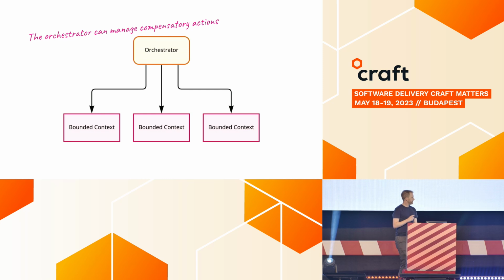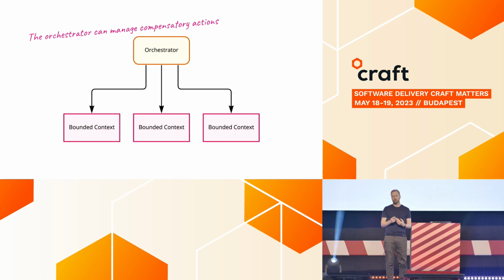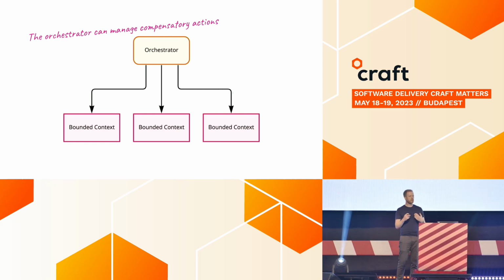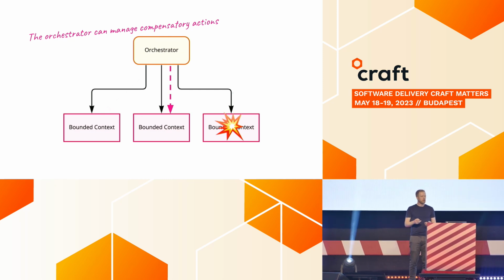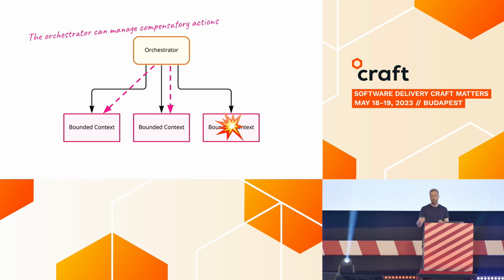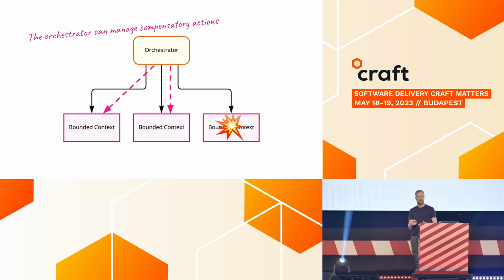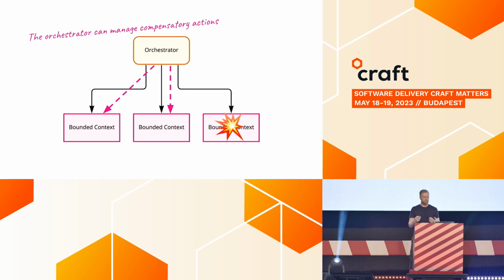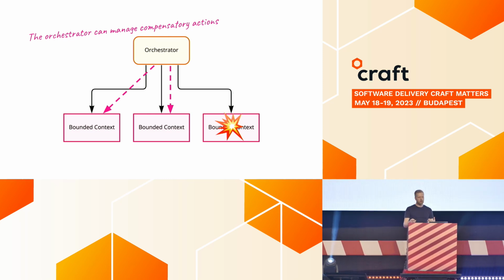If we go back to the original example, one of the nice things that an orchestration approach gives you is that if something goes wrong, it's easier to coordinate the unwinding of transactions and unwinding of effort, because you've got this state in the middle that knows what's been done, and it can then perform the compensatory actions to get you back into a good state. It's a nice way of thinking that actually we've got some simple understanding of the end-to-end workflow. So complexity, especially for longer workflows, this is a better way of thinking about managing how you handle those error